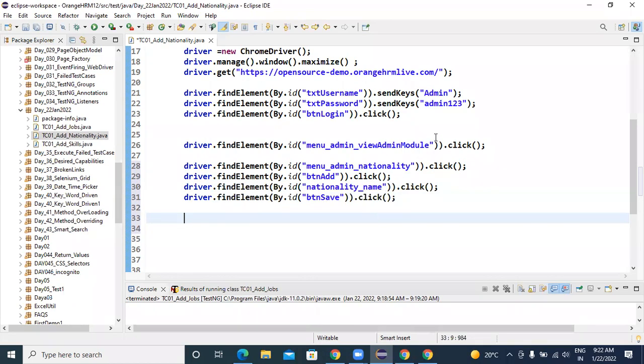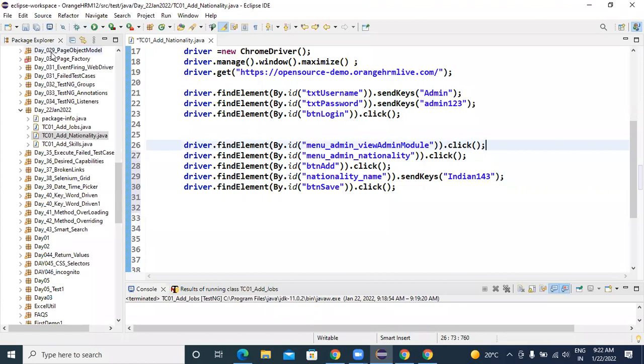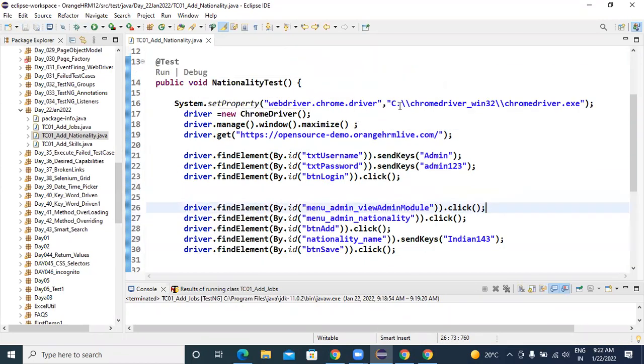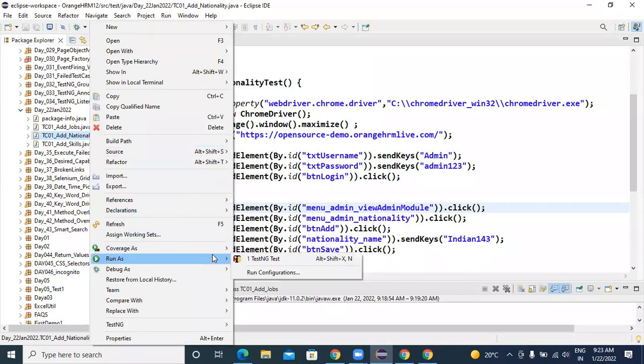So here which one is the send keys? Okay, nationality name is the send keys. Remaining all are click operations. Okay. So here I'm going to write Indian 143. Okay, I'm clicking on save. So I want to execute this program. Just right click, run as TestNG test.